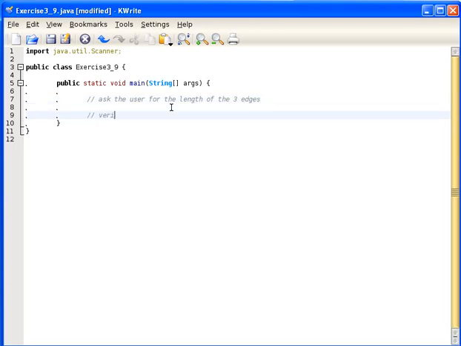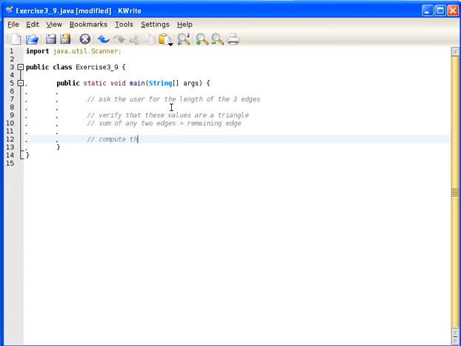Then we are going to verify that these values are a valid triangle. What does this mean in practice? That means that the sum of any two edges is greater than the remaining edge. And then we are going to compute the perimeter,